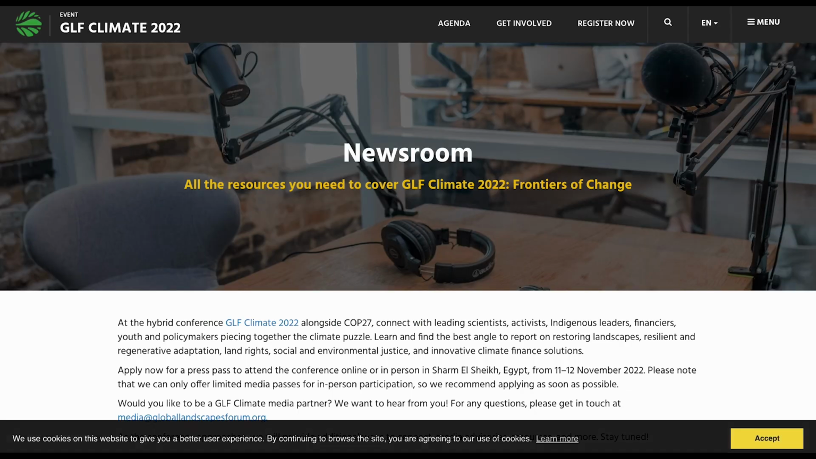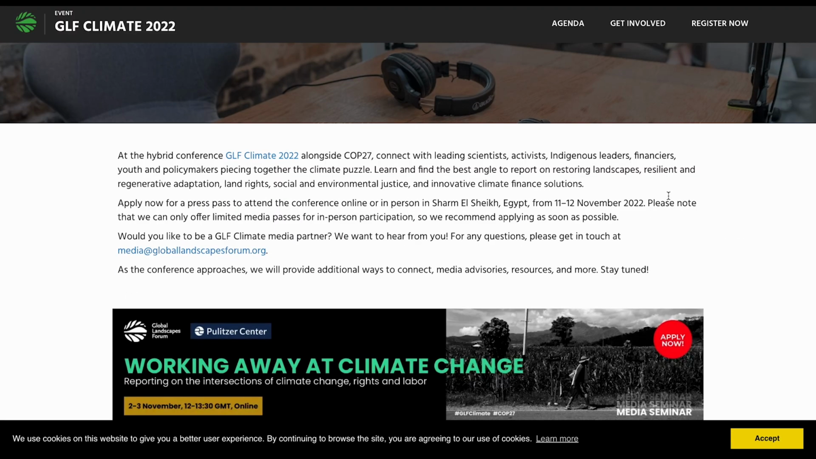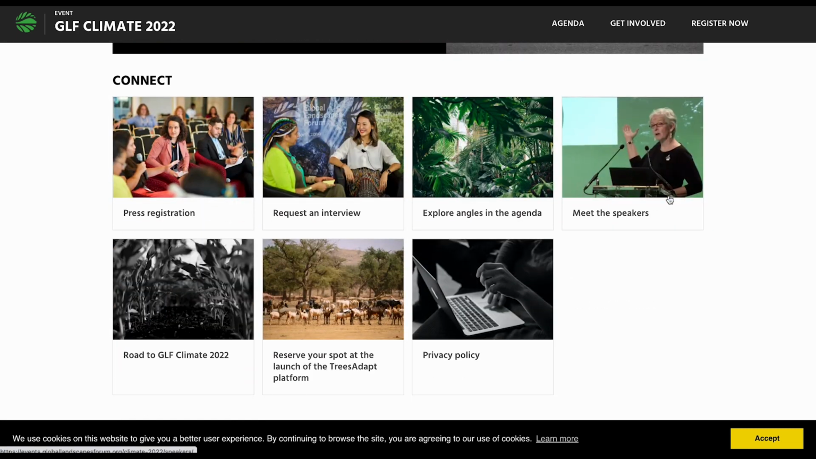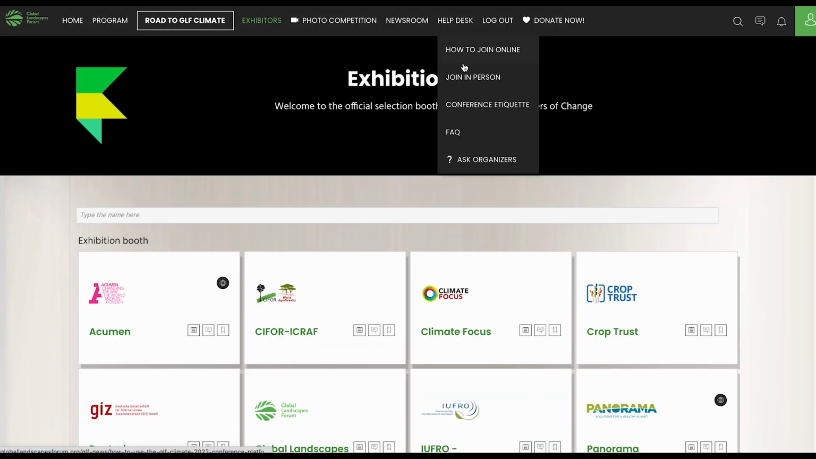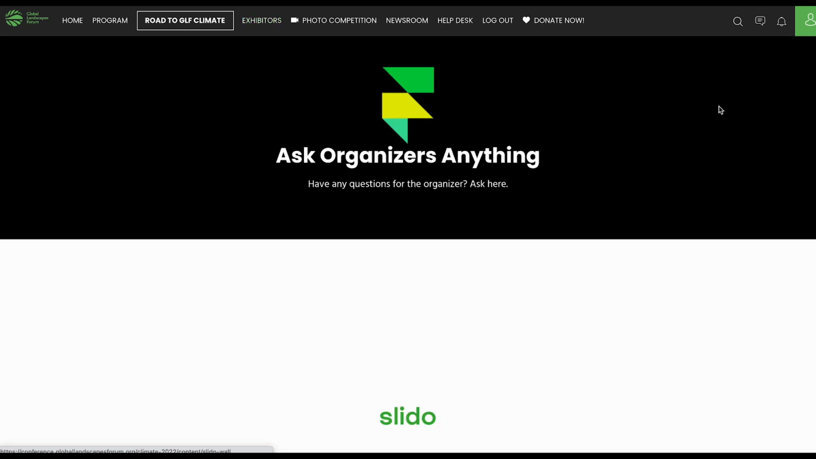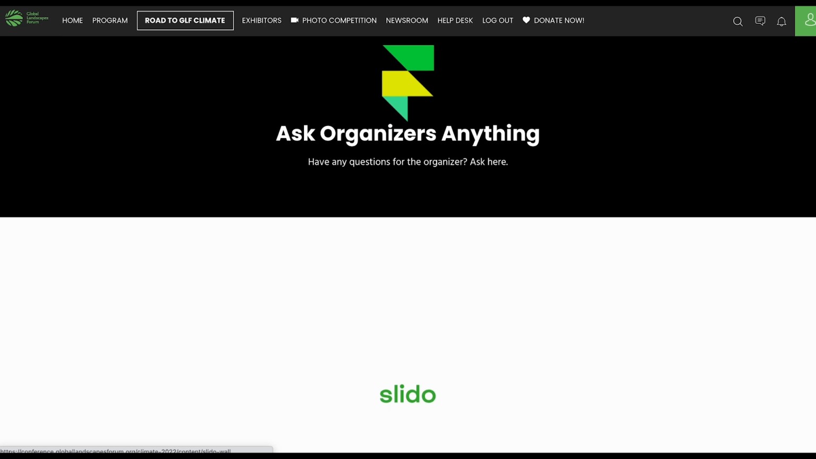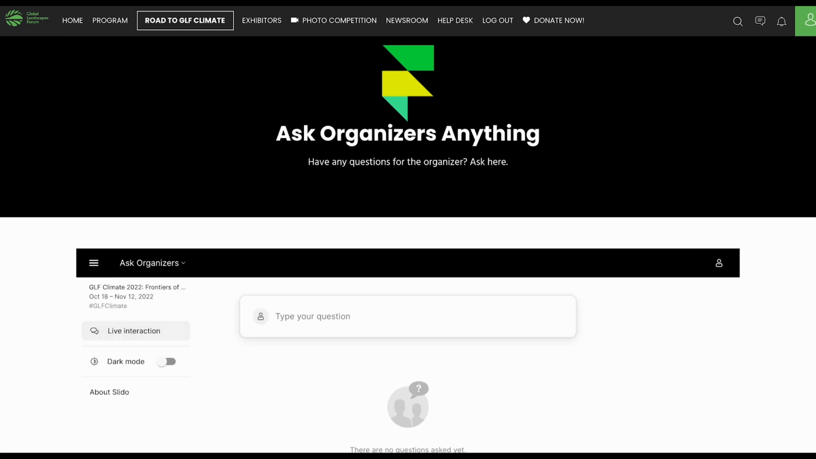In the newsroom area, you can find our media corner and social media sections to follow live updates about the conference. Important updates and reminders from our team will arrive in the notification section of the navigation menu. Lastly, you can find more information about the event and the platform in the help desk area. If you still have any questions about the event or the InWink platform, you can contact us directly by clicking